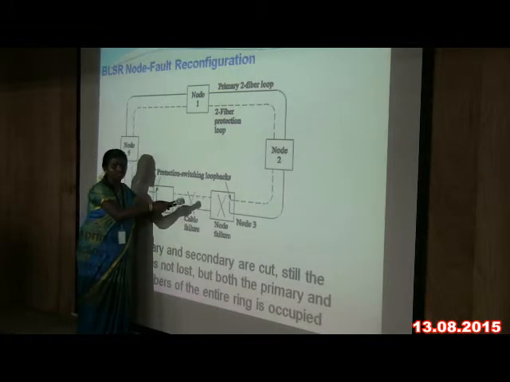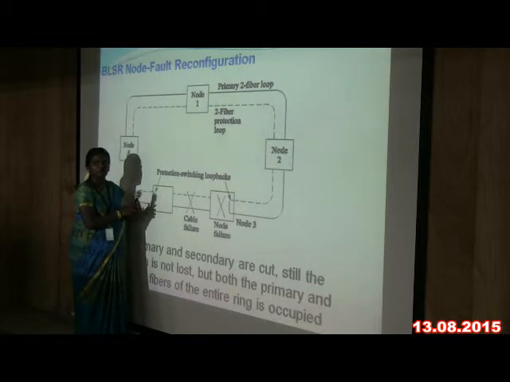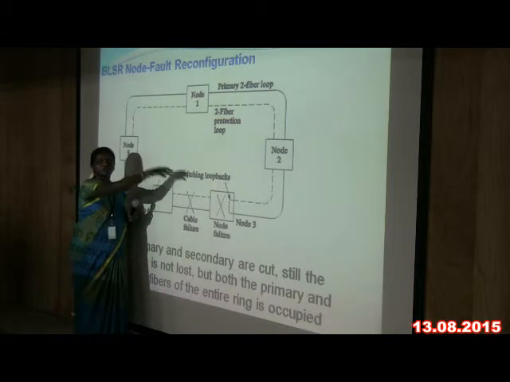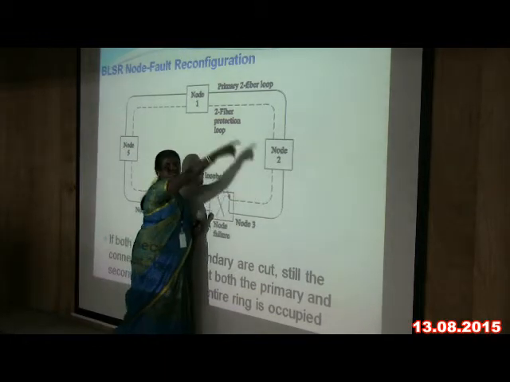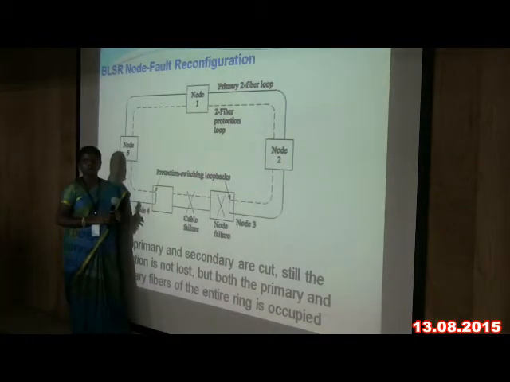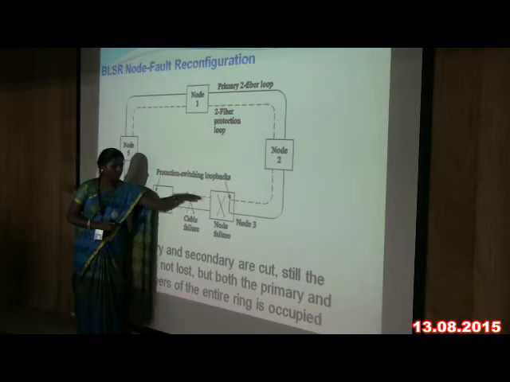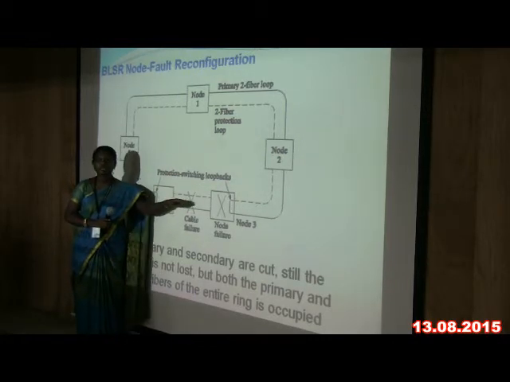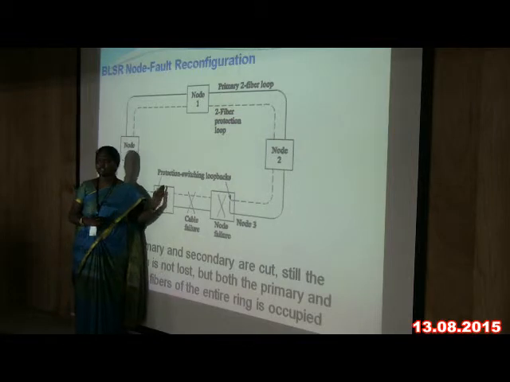Here node 3 also has a transmitter and receiver part. Node 4 also has a transmitter and receiver part. Every node has a transmitter and receiver. So it receives the data and transmits it to the one receiver, and then it chooses the secondary path to transmit the signal, from which the signal will appear in node 4. So if the two paths fail, it will still transmit the data. This advantage is present in this bidirectional line switch ring.